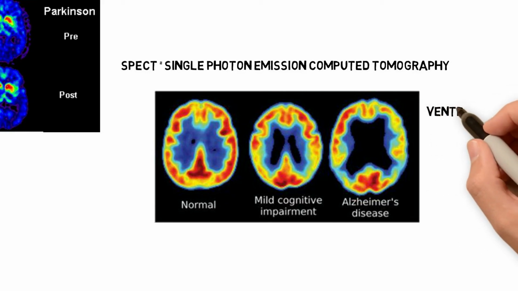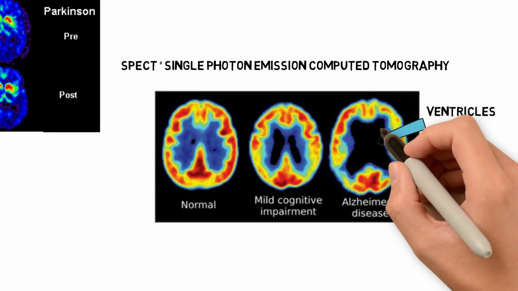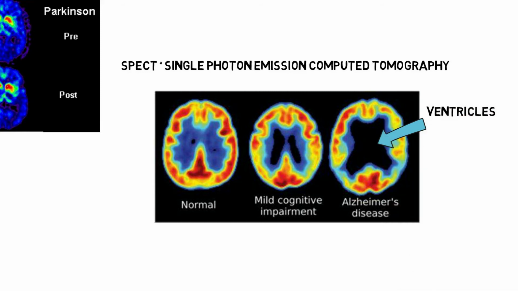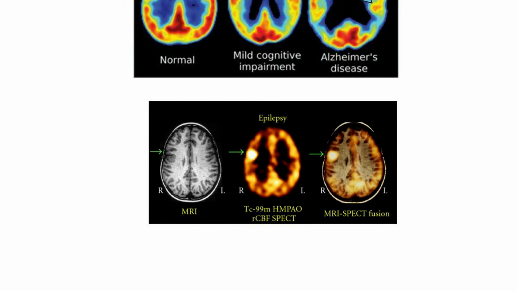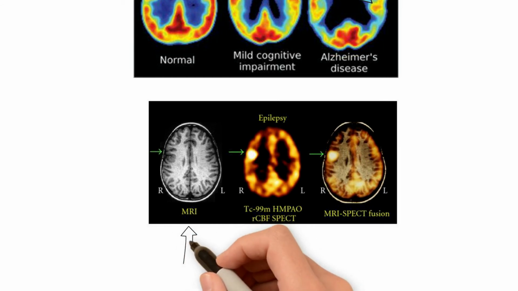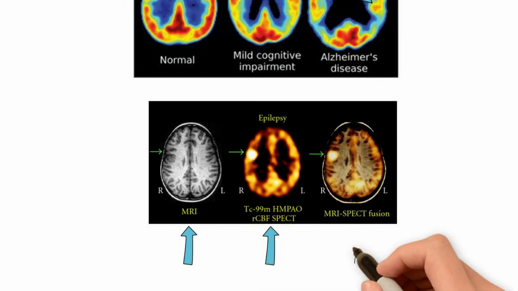You can see progressive ventricular enlargement and the dropping out of function in the cortical areas. The cortex is turning bluer. SPECT is often useful in identifying a seizure focus. Here is an image of the MRI of the patient, the SPECT scan of the patient during a seizure, and